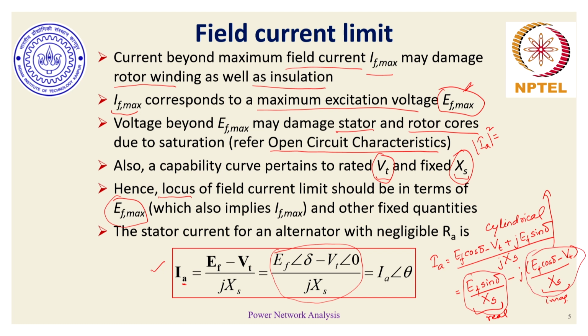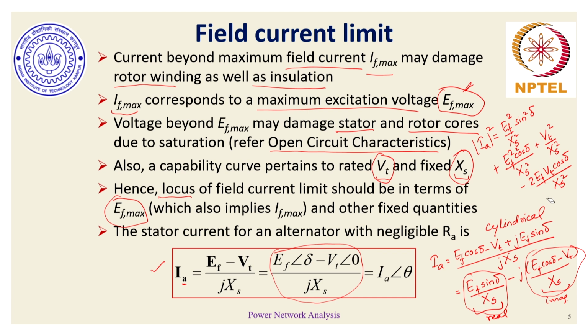If we do that, it should look like EF² by Xs² sin²δ plus EF² cos²δ by Xs² plus Vt² by Xs² minus 2 EF Vt cos δ by Xs²,